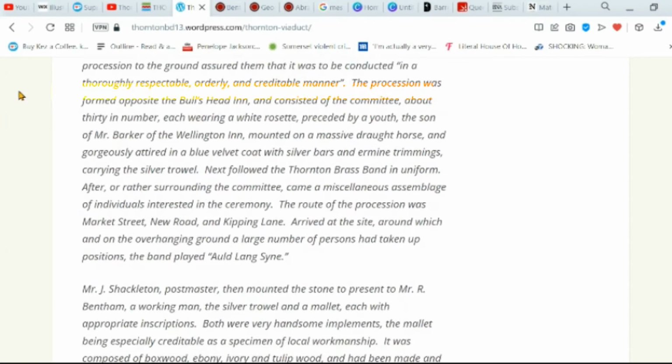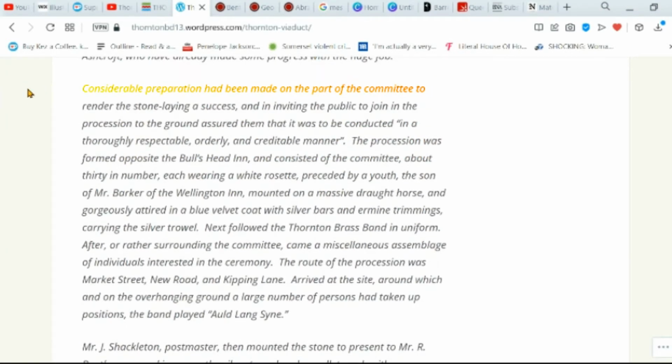Considerable preparation had been made on the part of the committee to render the stone laying a success, and in inviting the public to join in the procession to the ground assured them that it was to be conducted in a thoroughly respectable, orderly and creditable manner. The procession was formed opposite the Bull's Head Inn and consisted of the committee, about 30 in number, each wearing a white rosette,